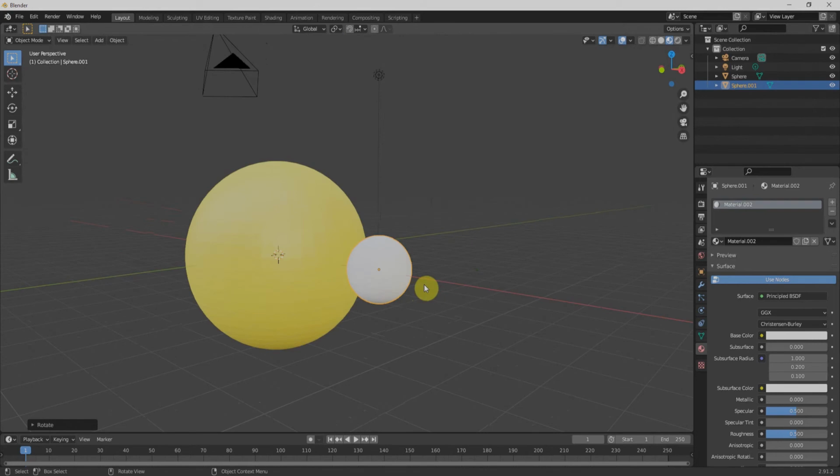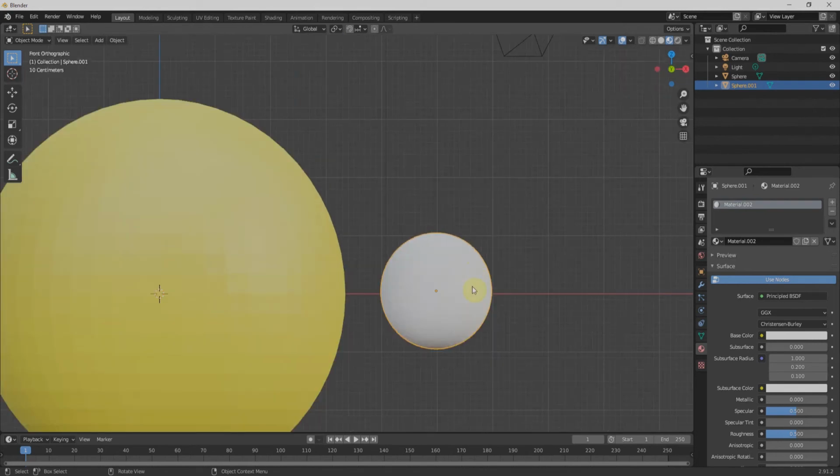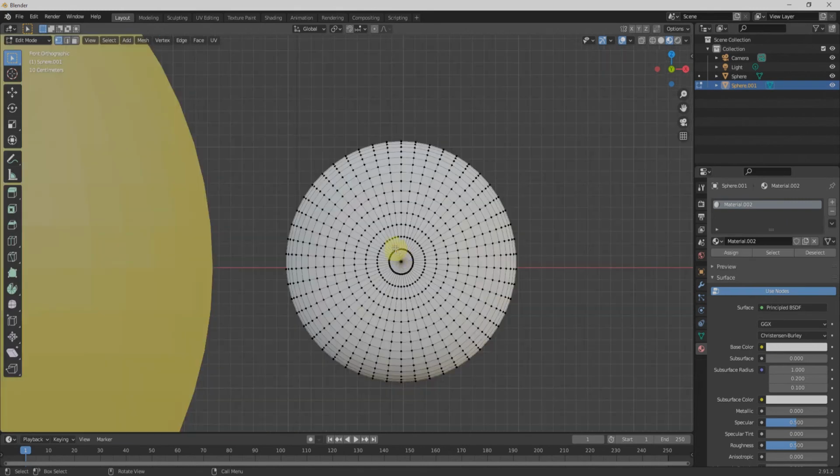We'll come to front view by pressing 1. We'll go into edit mode of the new sphere, deselect everything, and press C to get the circle select menu, and we'll increase its size with the middle mouse button. We'll select carefully from here like that. Now we have this selection.